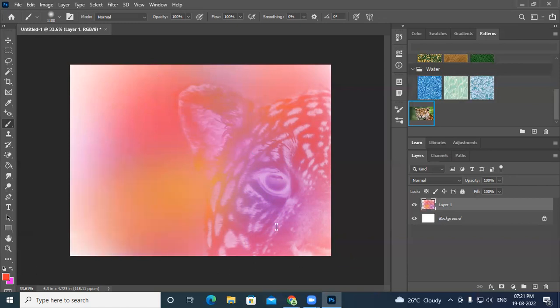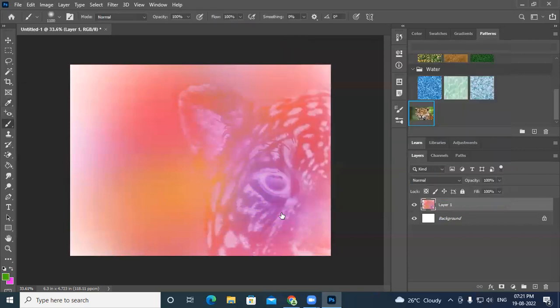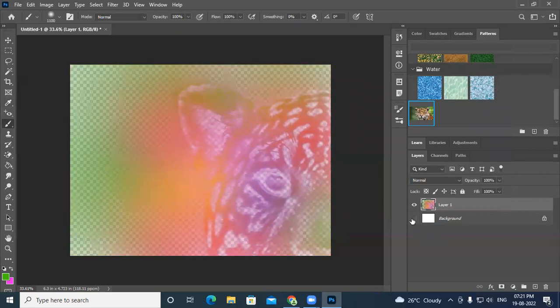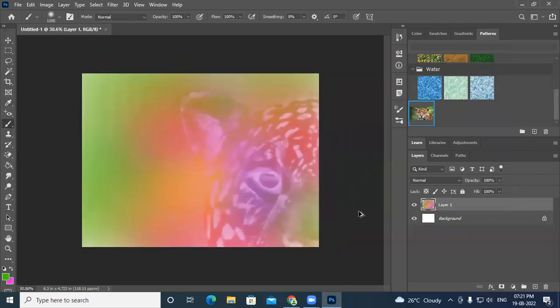See now, I added a blue, magenta, yellow, red shade. So I'm going with green also now, a little bit. So it looks like something, a different kind of artwork. Without using the direct image in the layer, I did this process. So that is the use of